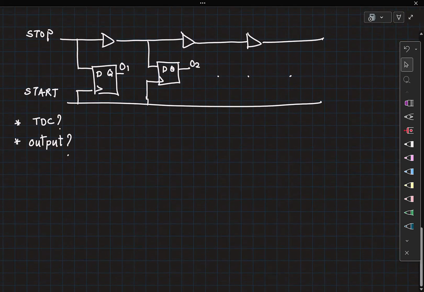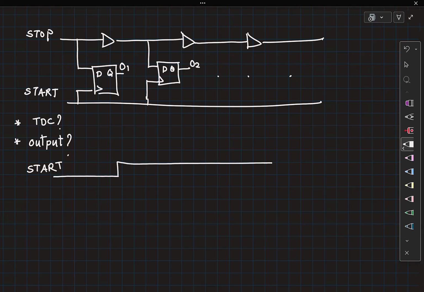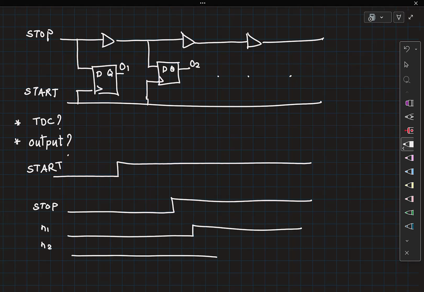So now you have a start signal which is going high here, and let's say your stop is going high somewhere here, and then you generate phases of the stop signal. So your N1, N2, etc. are phases of this stop, right? And you are sampling at the rising edge of start, right? What is the output sequence you get? It's all zeros, and it's all zeros irrespective of the time interval being given for measurement, right? Therefore, this cannot act as a TDC.